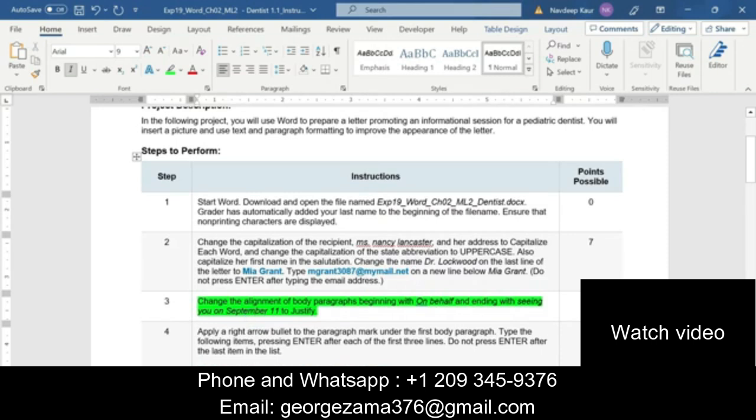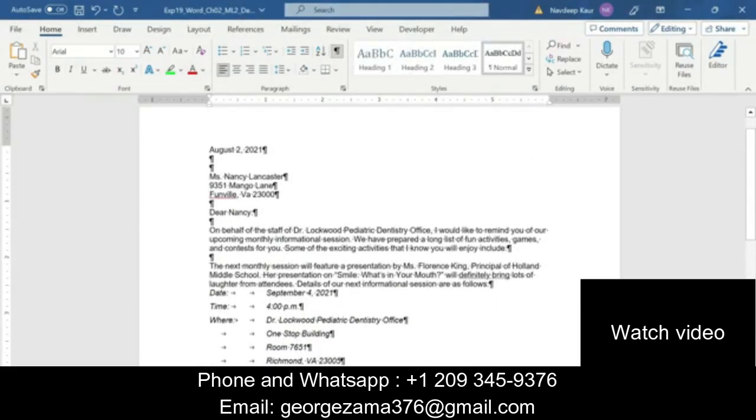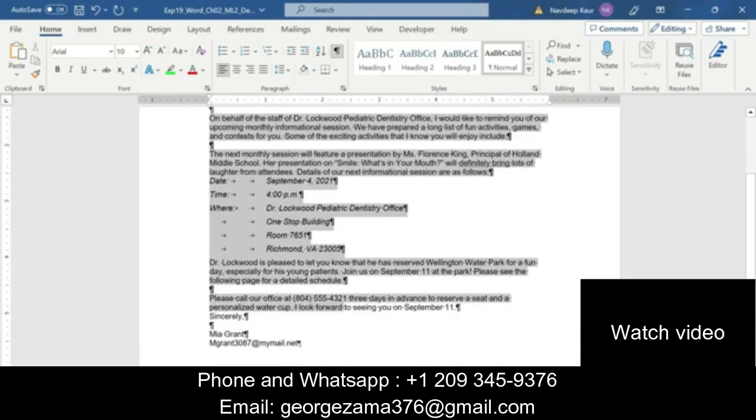Step number 3 is saying that change the alignment of the body paragraph beginning with "On behalf" and ending with "seeing you on September 11" to justify. So first we will select the required text that is starting from "On behalf" and ending on September 11. So let me select this, "On behalf" and ending with September